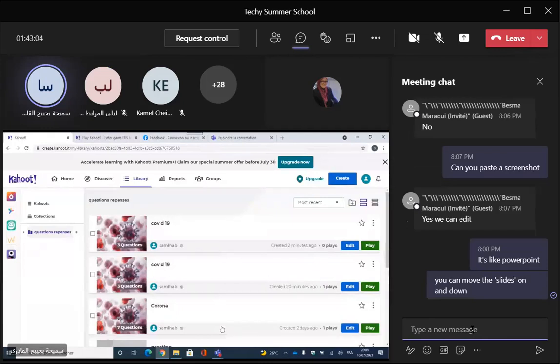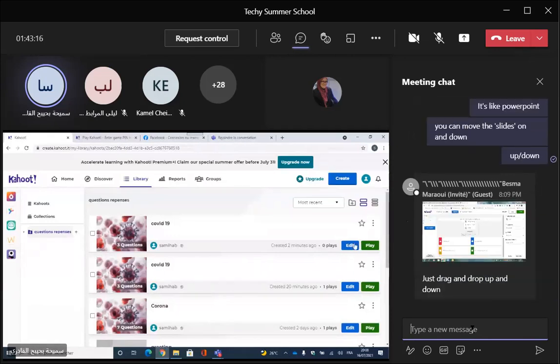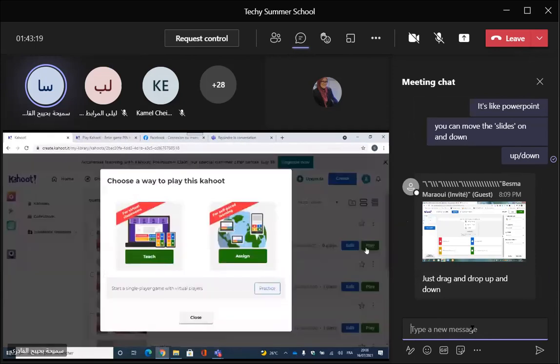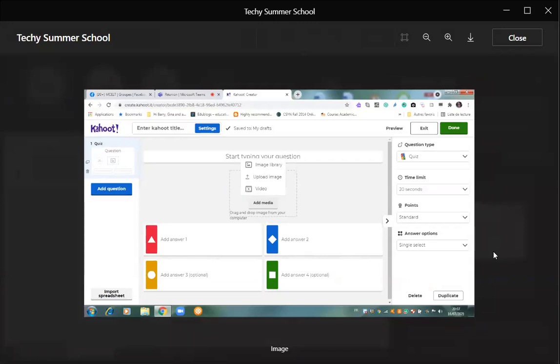So you can edit here again. You can play it as a teacher with your pupils. You can assign it as homework, as we have seen at the beginning of the session, or you can just practice it. We cannot see the questions written one under the other, but we can practice it as a game. You are going to play against the computer, or virtual participants. So, for example, we can play it to check if there is a problem.